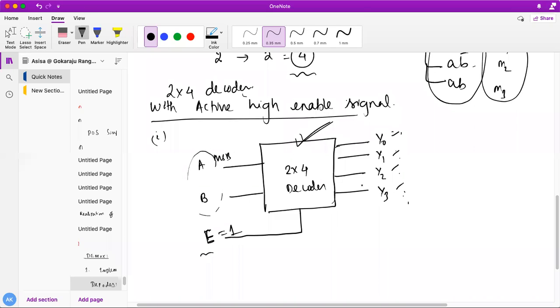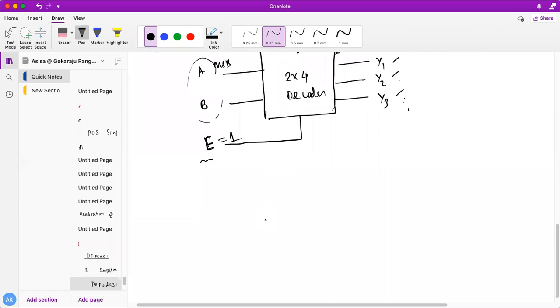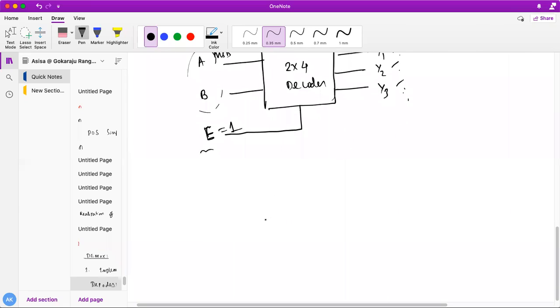Very simple. So what is my truth table here? As I told, it's an active high enable. If I put 1, only then does this decoder start generating the minterms depending upon the input codes.